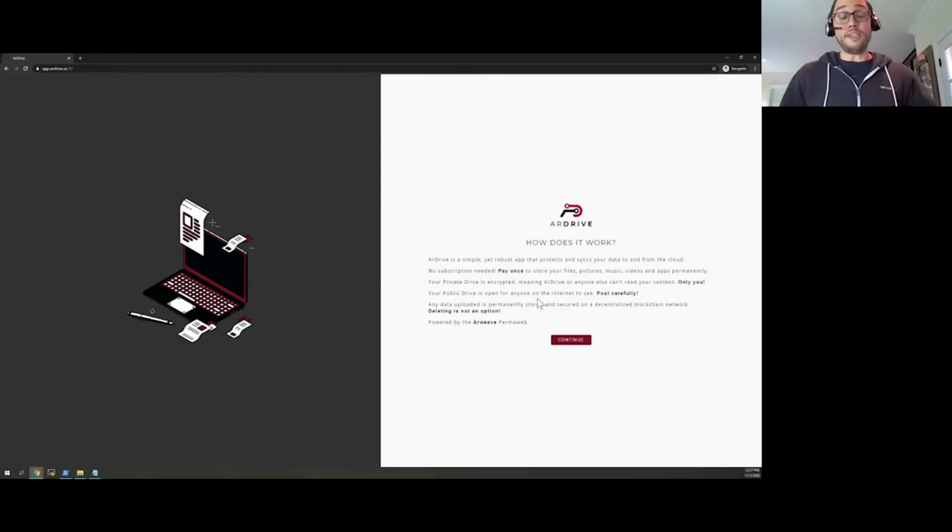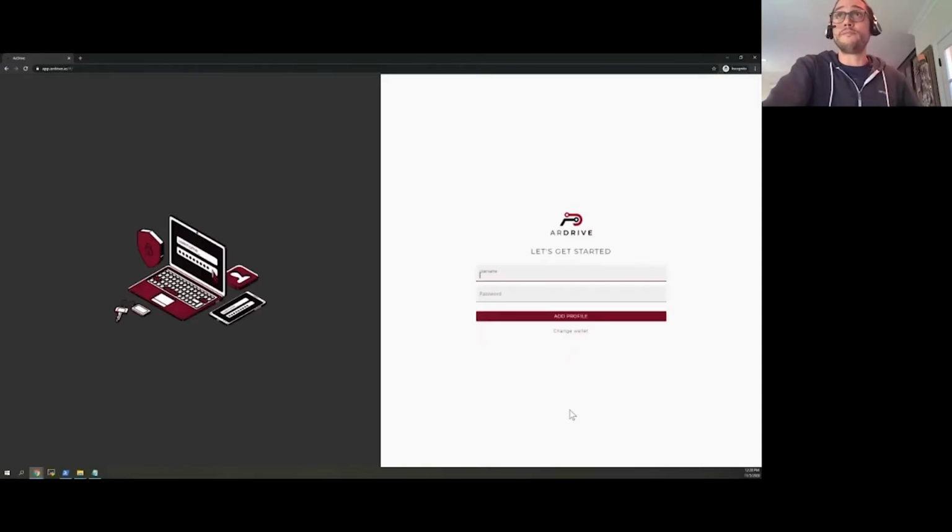A couple other key things to mention. It's not instant either, right? So that was some feedback that we got. When files are uploaded, it takes a few minutes for them to get mined on the network and distributed out to all the nodes. So it's something that I think is important for people to remember, as well as the fact that anyone can kind of get to this data forever. So we just want to make sure that's really clear that the data can live on, even if you don't necessarily want it to. So what I'll do here is I'm just going to hit continue.